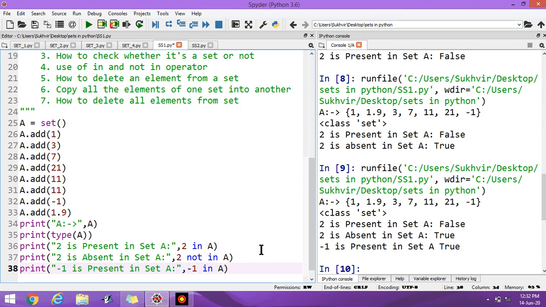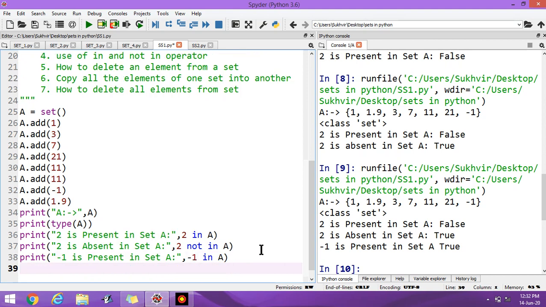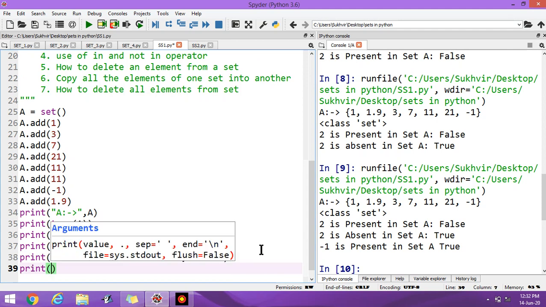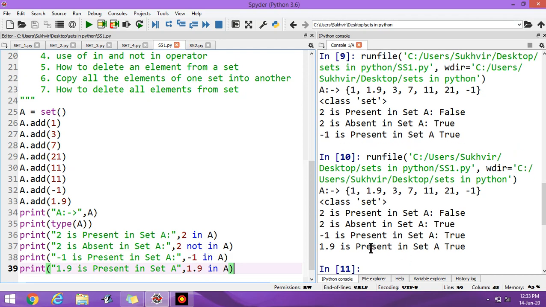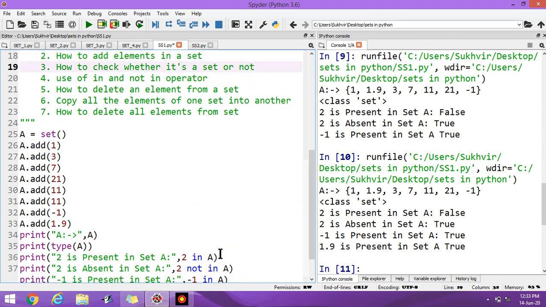Similarly, you can check for decimal elements. Print 1.9 is present in set A. You can write here 1.9 in A and execute the program. 1.9 is present in set A, it's true. It's all about use of in and not in operator.